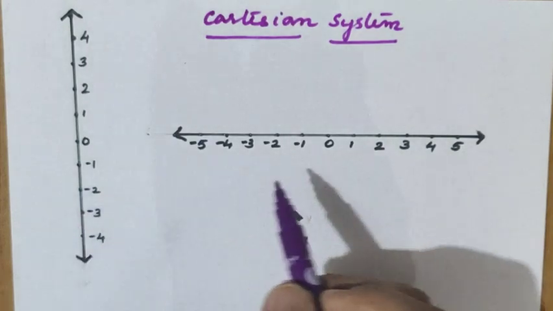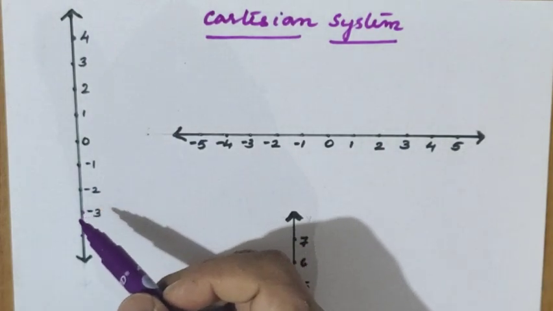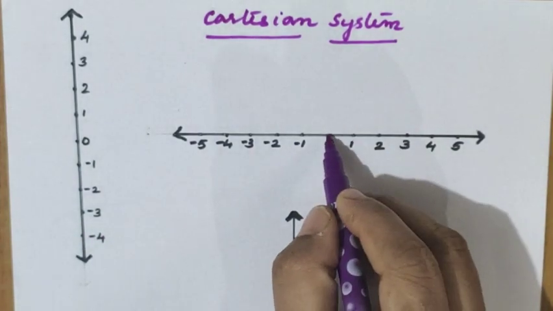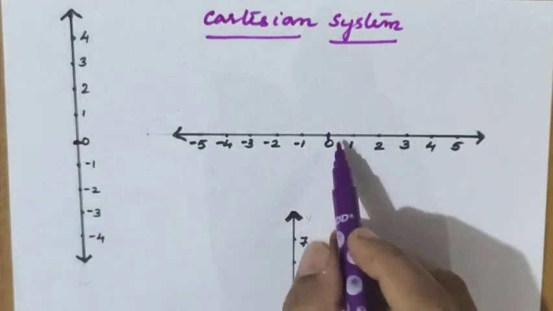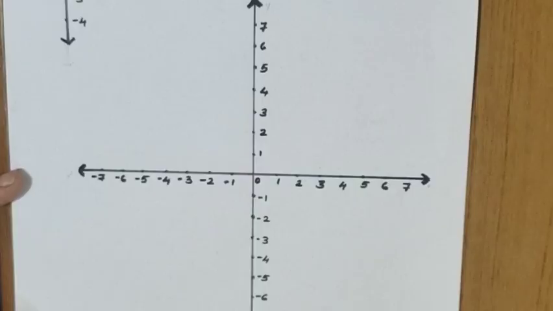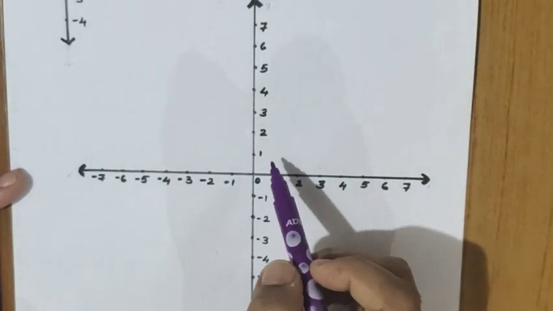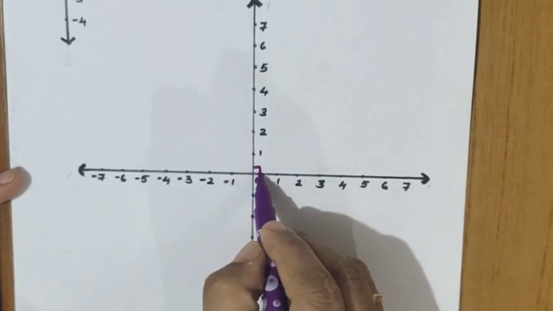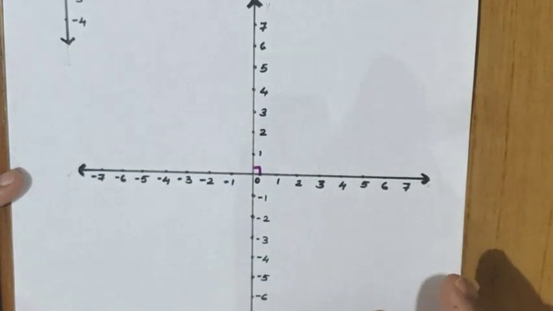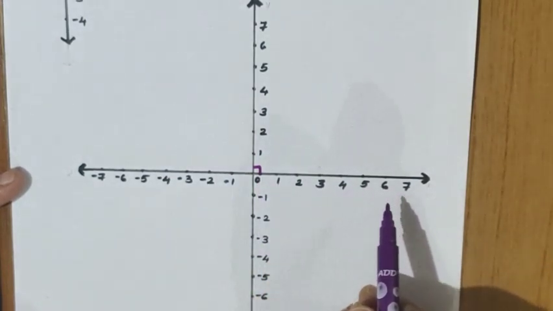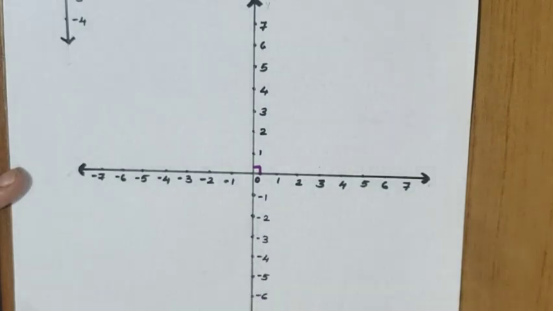So these two lines, one horizontal and one vertical, René Descartes arranged in such a way that both the origins should coincide, that is zero from the horizontal and zero from the vertical, and he created the two lines in such a way that the origin coincides and both are perpendicular to each other. He created a system like this. Everything is 1 centimeter, equal width only is the idea. That idea you have already learned in the number system. The same concept only we are using here.